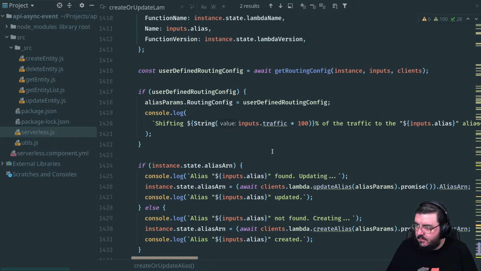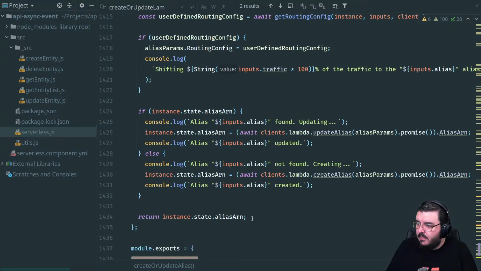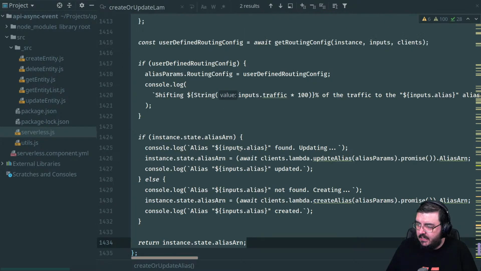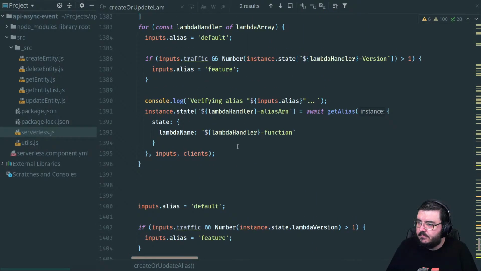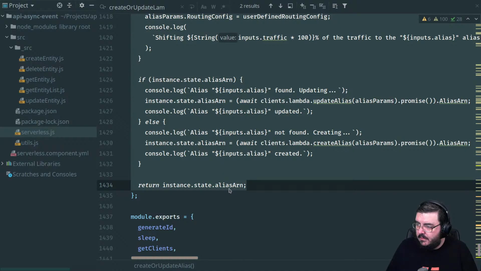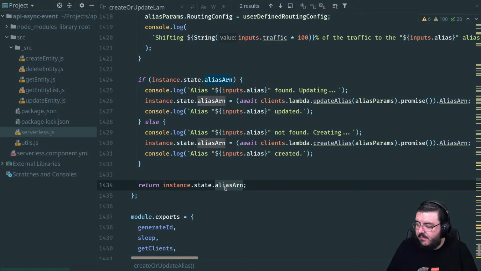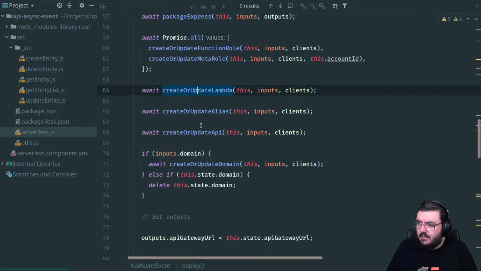Alright, so let's copy this entire chunk all the way down. Interesting, it returns that. I don't know why, because we shouldn't need to return anything since this doesn't actually store that, but anyway.